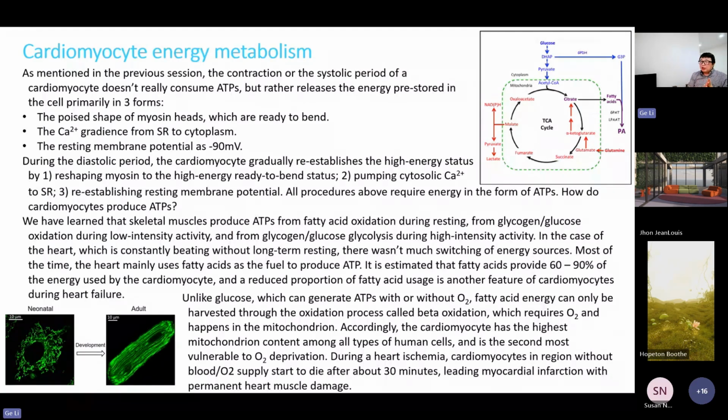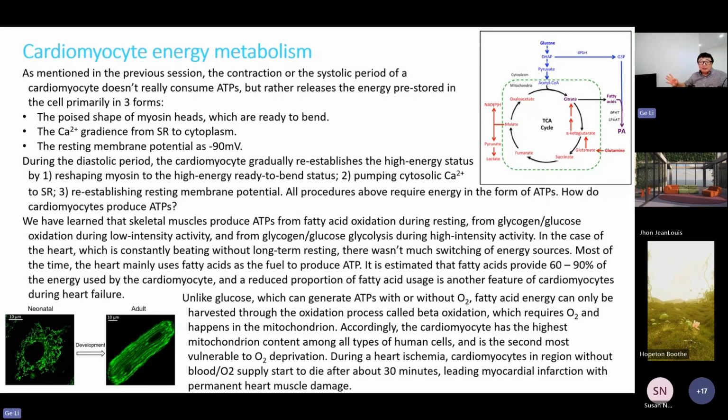The cardiomyocytes. Cardiomyocytes have a very large number of mitochondria, and muscle cells have the second highest. And so one key piece of knowledge here is that the cardiomyocytes